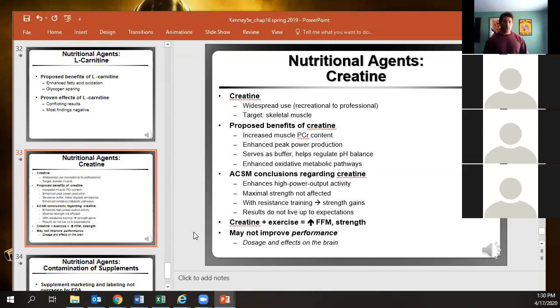So what that means is if you're a long distance runner, your ATP PCR system is rarely a limiting factor, if ever. So it's also going to make you heavier because of a little bit of water retaining you're going to have. But obviously for you guys that play baseball, play softball out here,